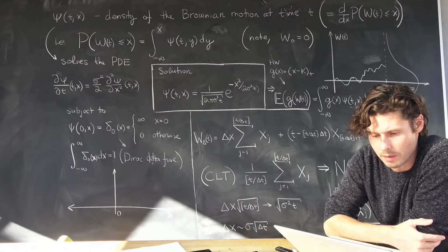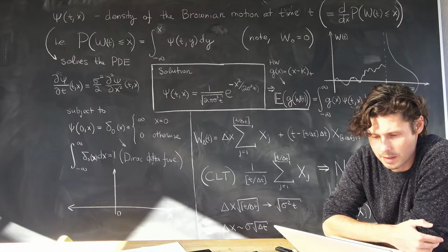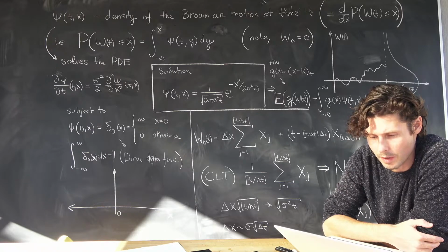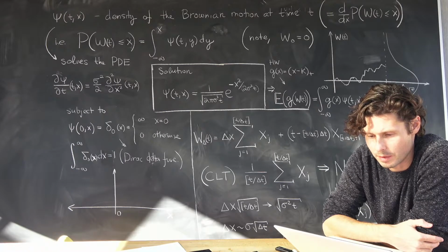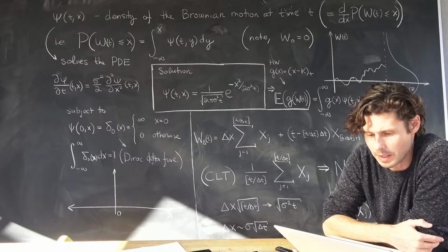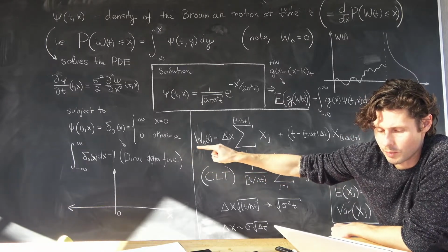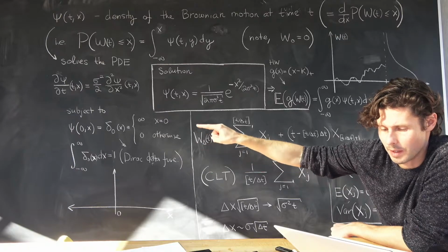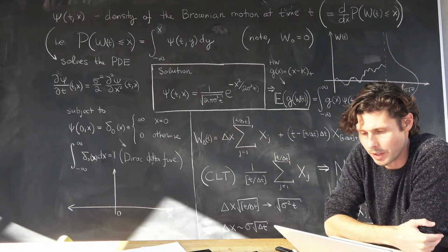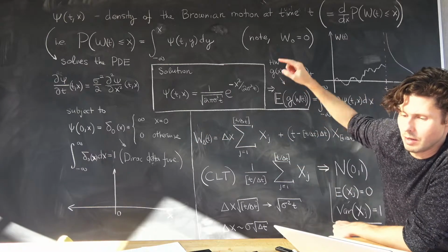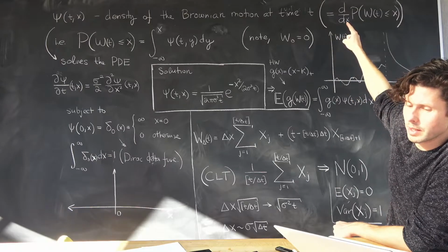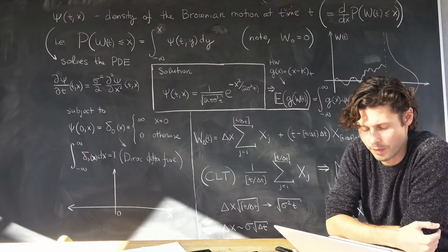So we're now thinking of psi of t, x as the probability density function of what's now going to be called the Brownian motion at time t. It is the limit, as delta t and delta x go to 0, of this scaled interpolated random walk. And of course the probability density is nothing other than the derivative of the cumulative distribution,